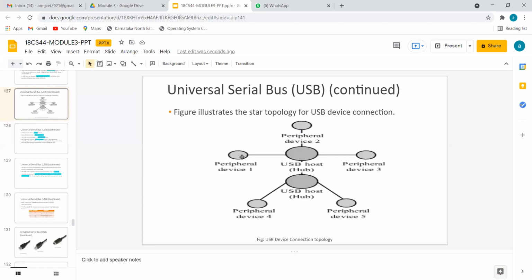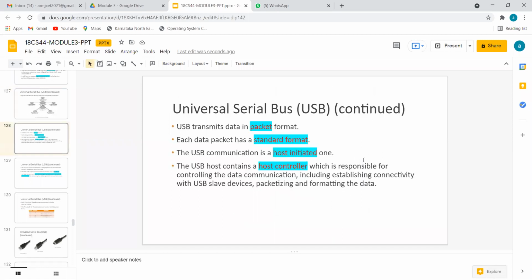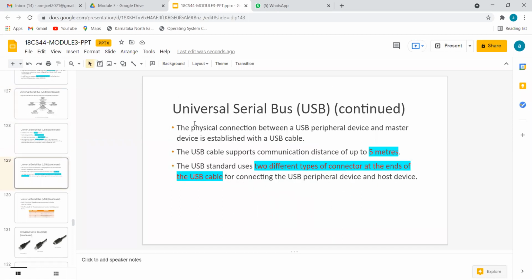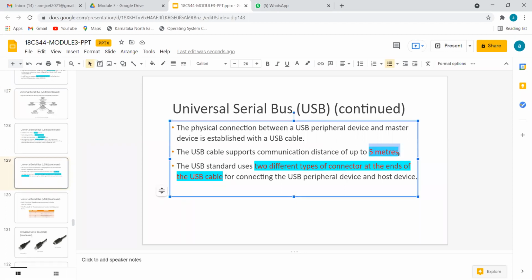If you want to send data from a digital camera to your mobile, you can think of it like this: from the digital camera, you will have a local copy in the RAM of the computer. From the computer, it will go to the mobile device. Now, some other points: the maximum length USB can support is up to 5 meters. We can have a wire length of 5 meters through which we can send data.